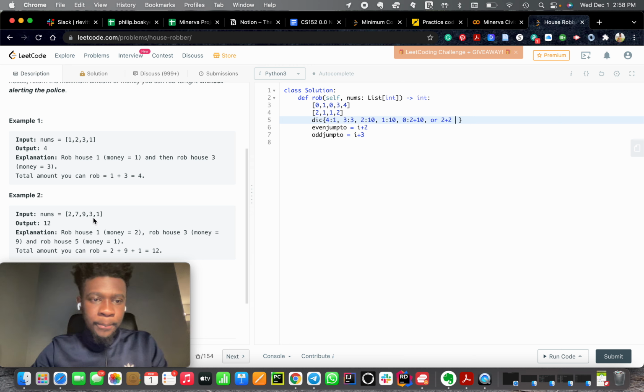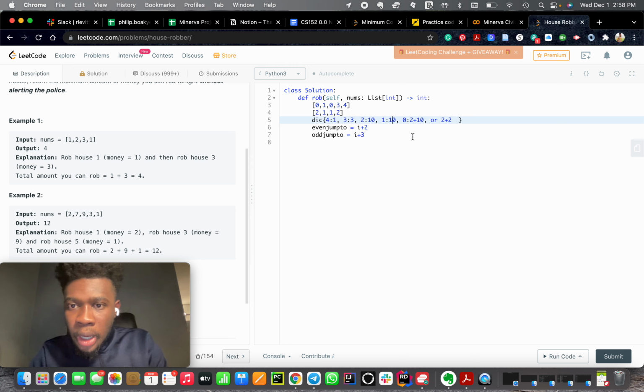So, he can decide to jump to 1, but the reason why it's not necessary to jump to 1 is because this 9 here has already captured the best scenario. Because 9, you remember at 9 here we did 9 plus 1, which was 10. So this guy here has already captured the best scenario. So that's why we just either do 2 plus 10, 2 plus the index at 2,